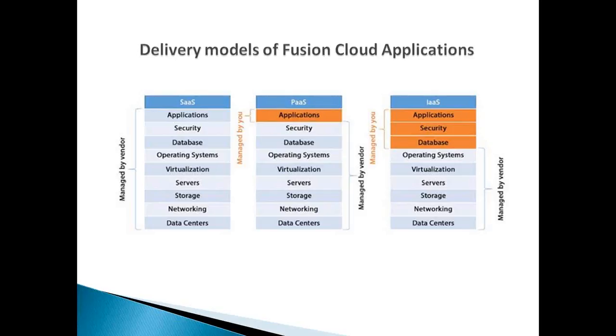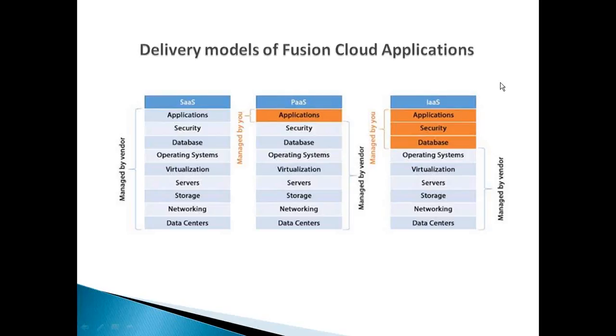Laxman? Yep. You said there's no customization in SaaS. Let's say this is my scenario where I have a customization on the applications. Let's say I have to add LPN information to the item screen, and I want to host that solution for a specific customer of mine. In that case, should I subscribe to IaaS, PaaS, or SaaS?